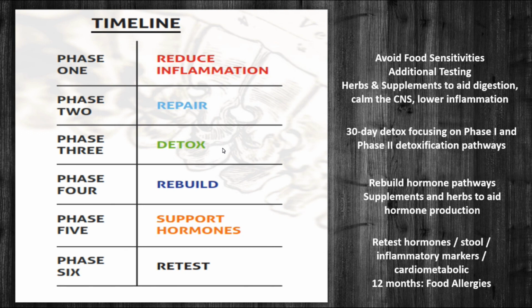The reason why we want to take everyone through a detox over 30 days is we have to really start addressing these phase 1, phase 2 detoxification pathways, because remember, when it comes to hormones specifically, this conversion is taking place in the liver. So not only do we need hormone conversion, but to also rid the body of toxicity that keeps perpetuating and driving inflammation. And then after that, begin rebuilding the body, so that we're rebuilding these hormone pathways, and changing out different types of supplements and herbs to help aid in hormone production, and then finally starting to support those hormones,